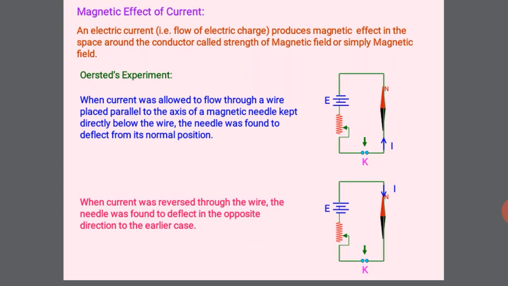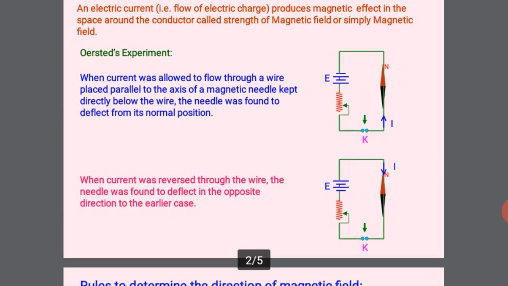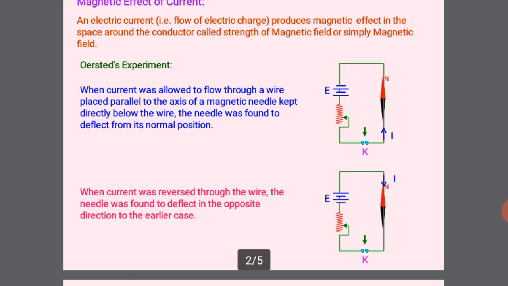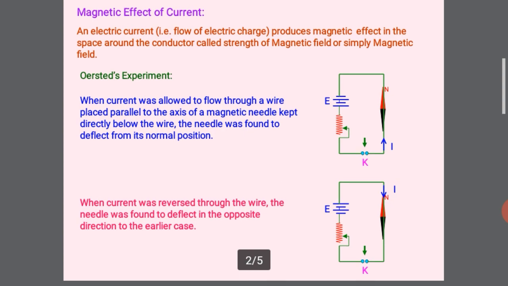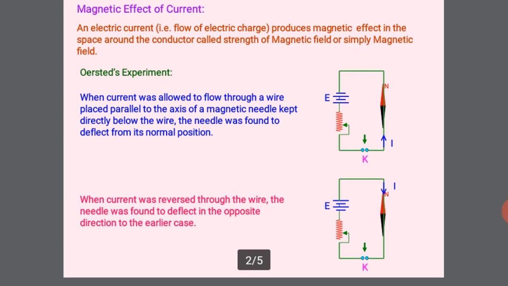A conducting wire is connected to the poles of a battery through a key. The wire is kept above a magnetic needle parallel to it. So long as there is no current in the wire, the magnetic needle remains parallel to the wire. As soon as the key is pressed, you can see in diagram 1,